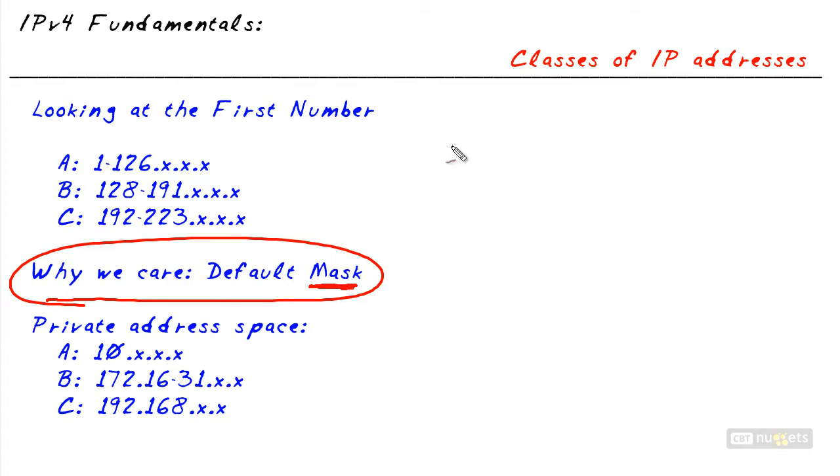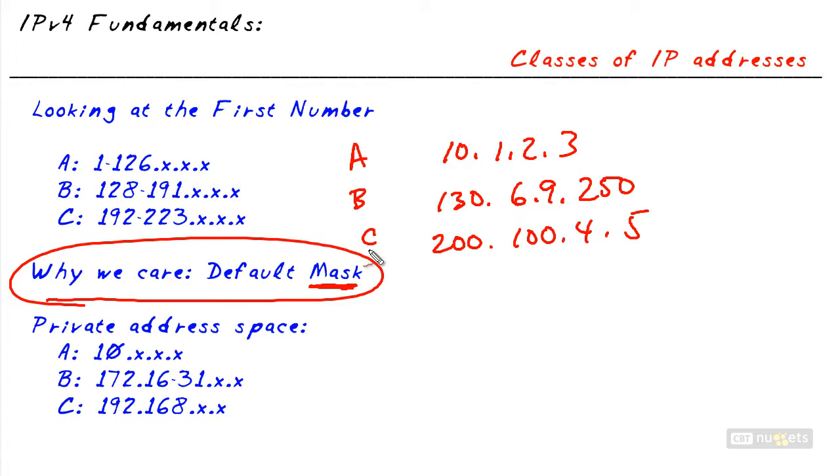So let's write out some IP addresses. Let's say we have 10.1.2.3. The biggest reason why it even matters at all is because the default mask, which is controlling which part of the IP address is the network and which part is left over for the actual host, for a Class A, the default mask